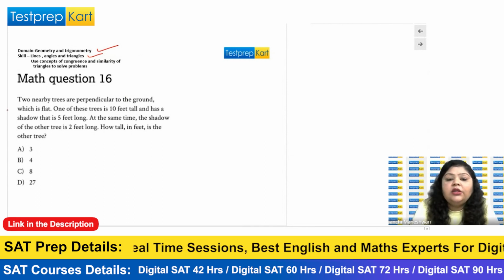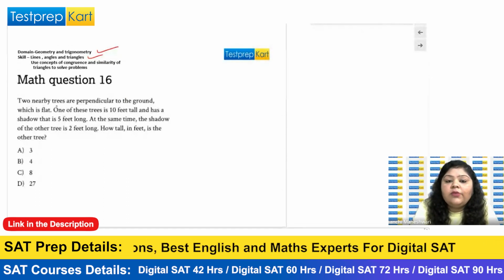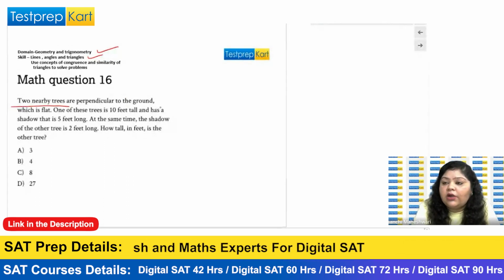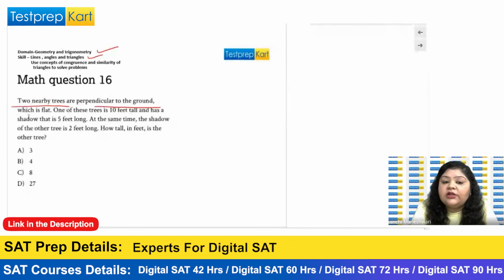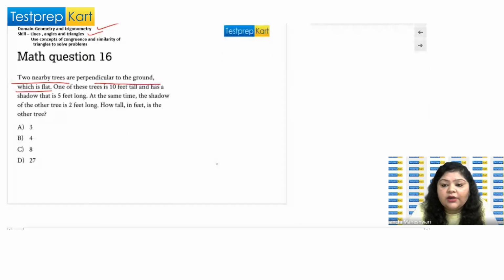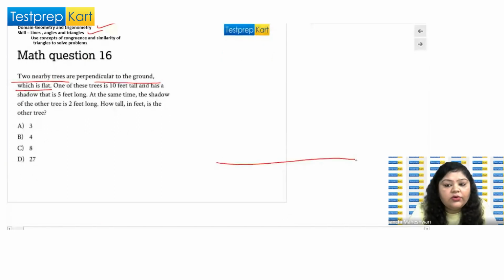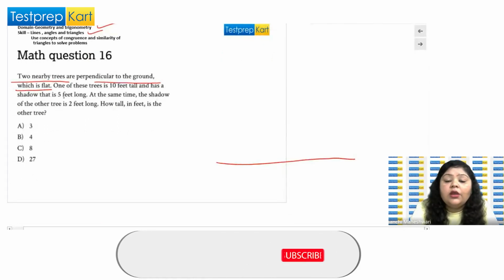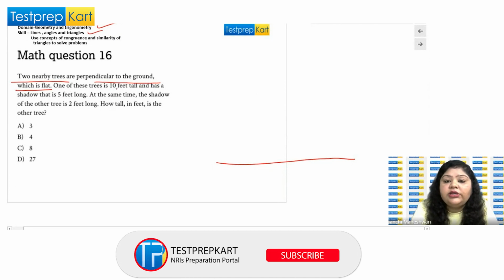Now see, the question is saying two nearby trees are perpendicular to the ground, which is flat. Of course the ground will be a flat thing. So let me just draw the ground here. This is my ground, and it's a flat one. Now the question is saying one of the trees is 10 feet tall and has a shadow of 5